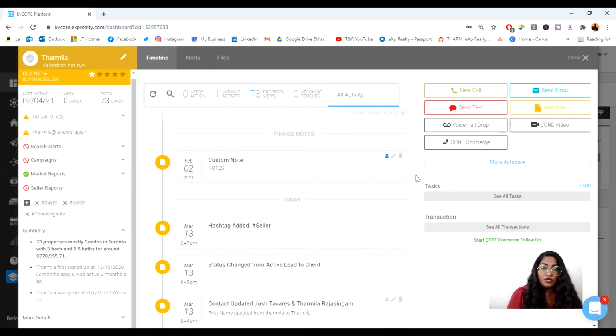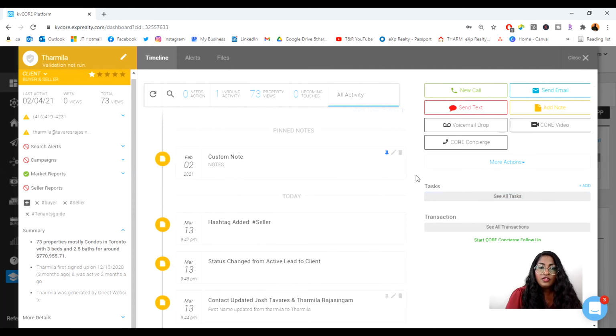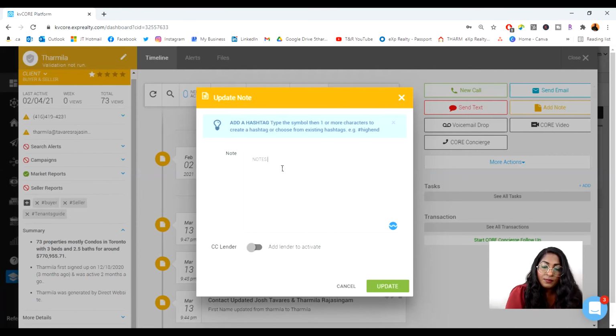And I also wanted to show you a function that you can add here, and I love doing this, and you'll notice here there's a note that I pinned right at the top. Every time I have this open while I'm calling or communicating with a potential lead and a client, I have this open making notes about the type of property, what kind of schools their kids go to. Are they in elementary school, high school, what kind of neighborhood, any kind of specialty or particularity that they're giving you about their profile information about the type of property they're looking for, or even property that